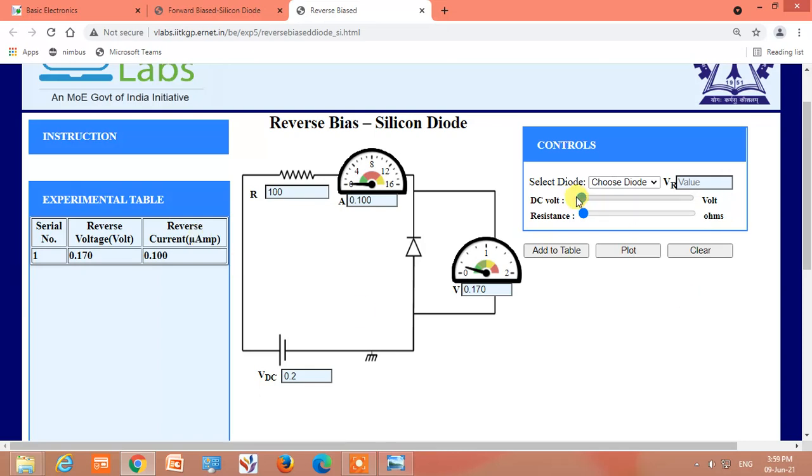Again I will increase the DC voltage. The voltage increased to 1.94, the current, add to table. So I will keep on increasing the DC voltage. Say again I have increased 6.4, add to table. The current is approximately 1 microampere.